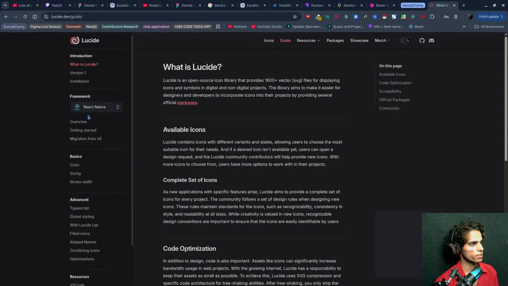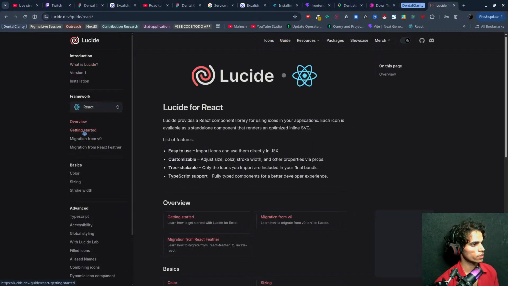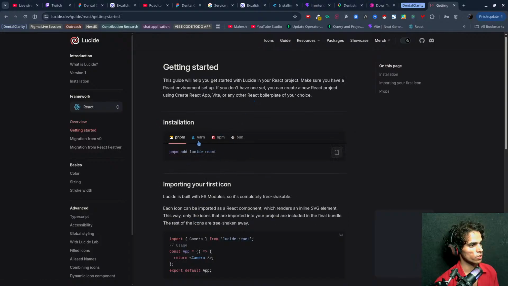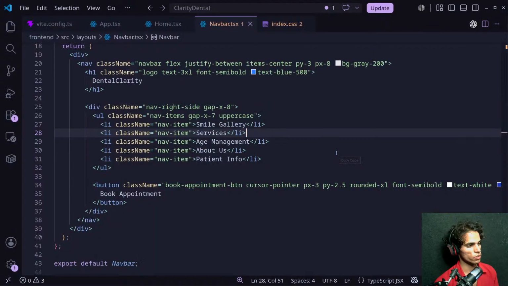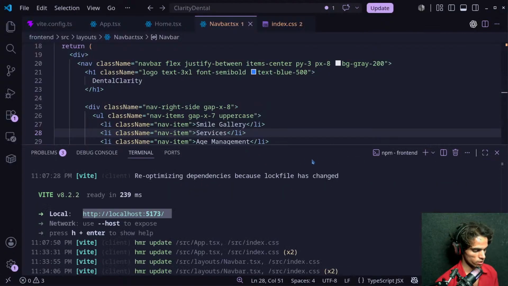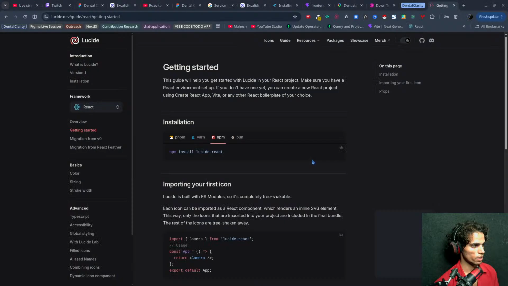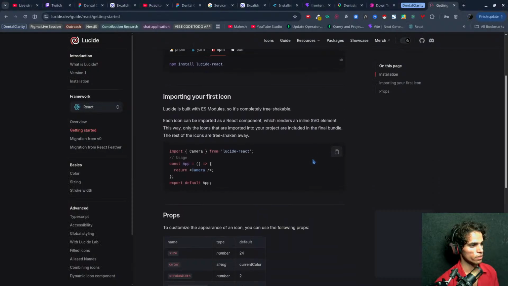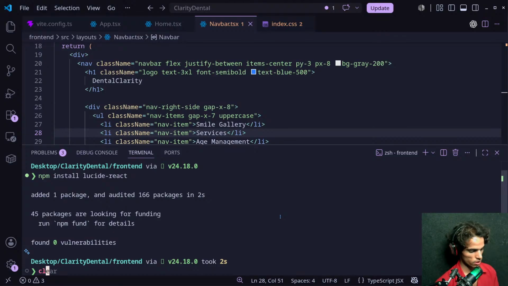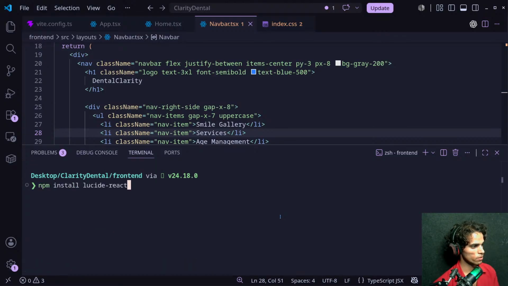Okay, guide and React. So getting started, first we have to do npm install lucide-react. So let's get here, control C, clear it, paste it here, and after this, yeah, this is what we have to do. Let's clear it, run our app.